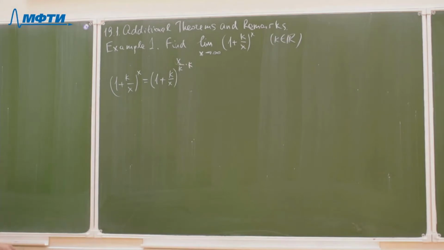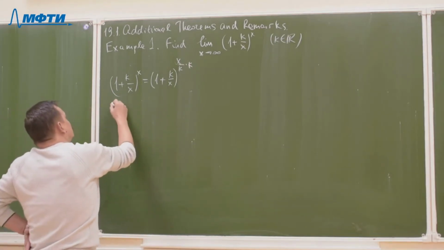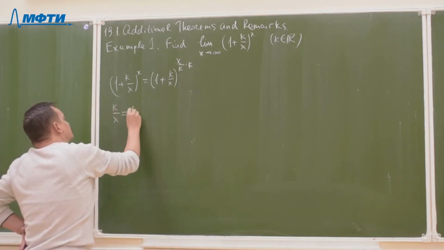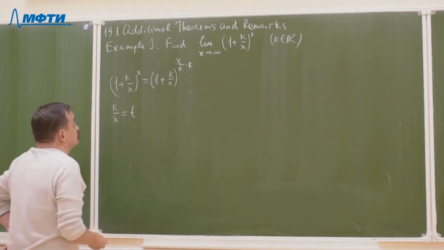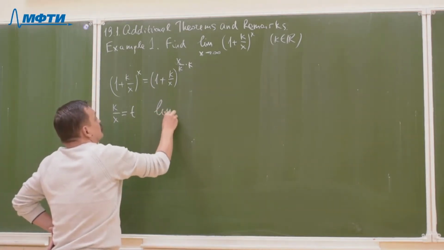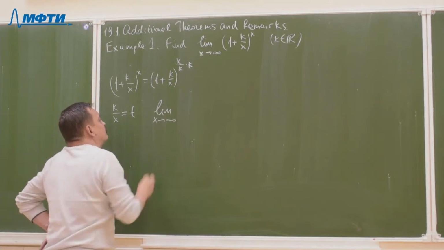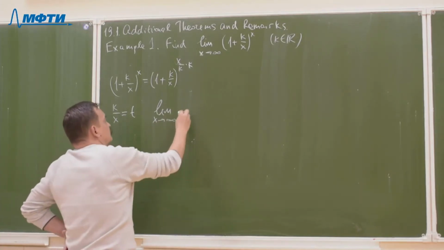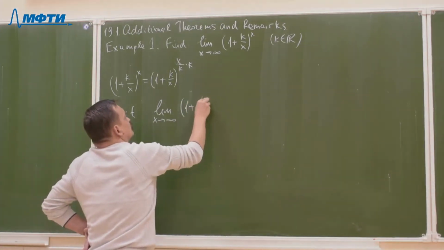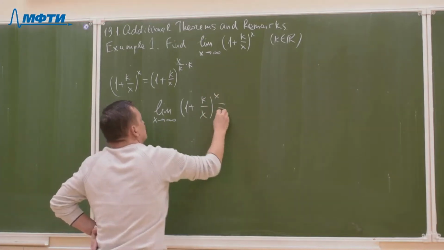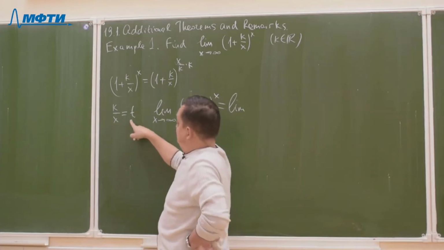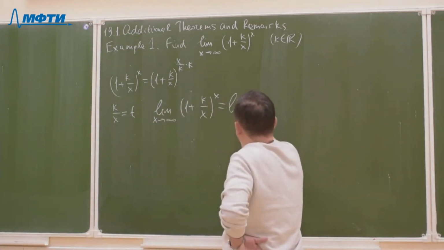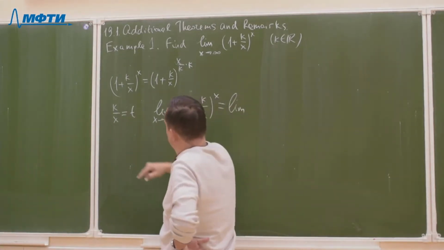And then if we denote k over x as t, then we can rewrite our limit using the composition of limits. If x tends to infinity, then t tends to 0, and in fact, to 0,